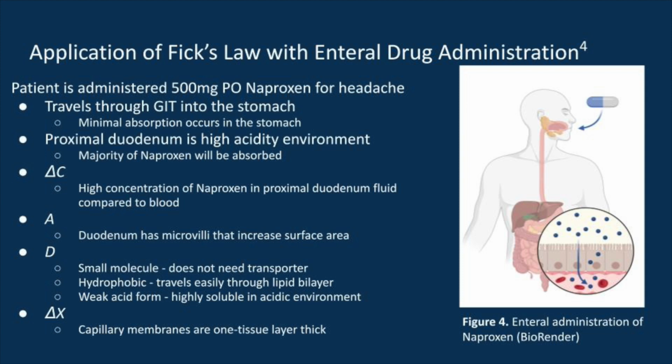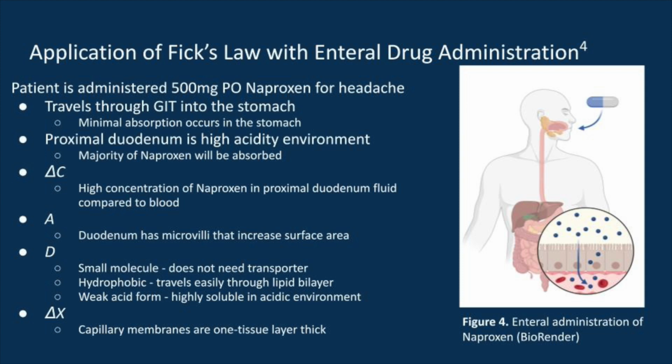The delta X, or membrane thickness coefficient, is also relatively low because the capillary membranes are one tissue layer thick, which allows for a capillary bed to have a relatively low membrane thickness and easy diffusion of a drug from the intestine into the capillaries. So, just to quickly recap, there is passive diffusion of the naproxen drug across the basolateral